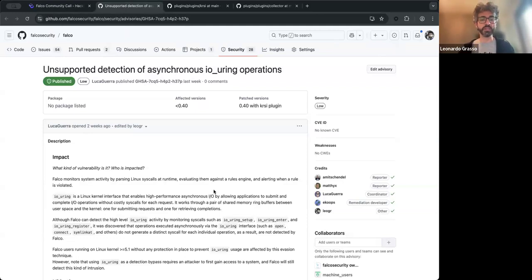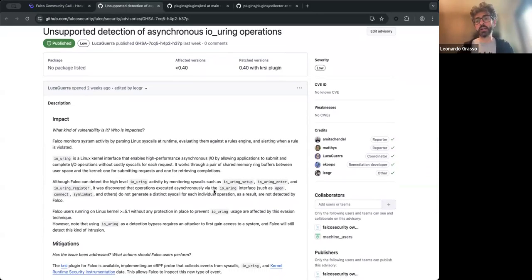this security discovery is basically that io_uring is a kernel interface that allows performing asynchronous input-output operations by submitting a group of operations into a queue, and those operations are then worked by the kernel. Since those operations occur in an asynchronous fashion, all the operations that the kernel performs do not pass through a specific syscall.